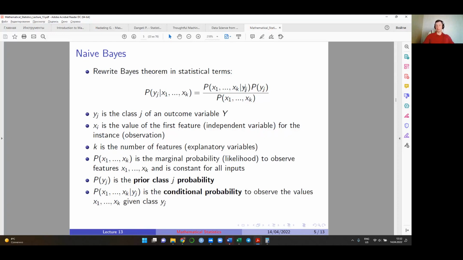So this probability of x given y is the conditional probability to observe these values from x1 to xk given class yj. So mind that all these small letters substitute some specific numbers. So x1 is 2, x3 is like 5, whatever, yj is 3, and all of these letters are numbers. And our random variables take these numbers. And finally, the result is called the posterior class j probability. So this is a prior. Before receiving information, you believe that something has this probability, and after receiving the information, you update your belief, and this is called the posterior class j